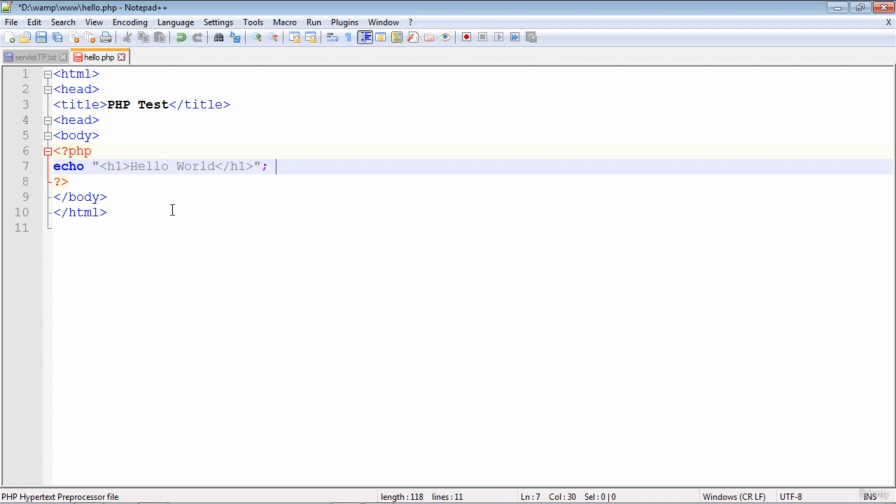And this HTML script in which a PHP part is included is saved as hello.php in the document root of our PHP web server, a PHP enabled web server. It may be XAMPP or WAMP or any web server that you may want to use. So write this script, save it in the folder which is configured as the document root of your web server. Okay. Now after having done this, start your web server,